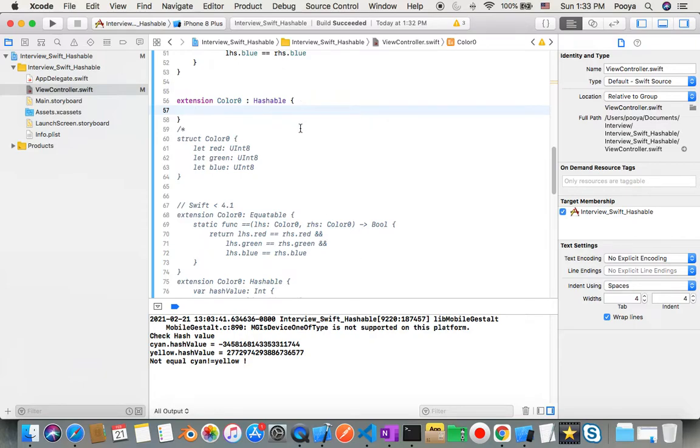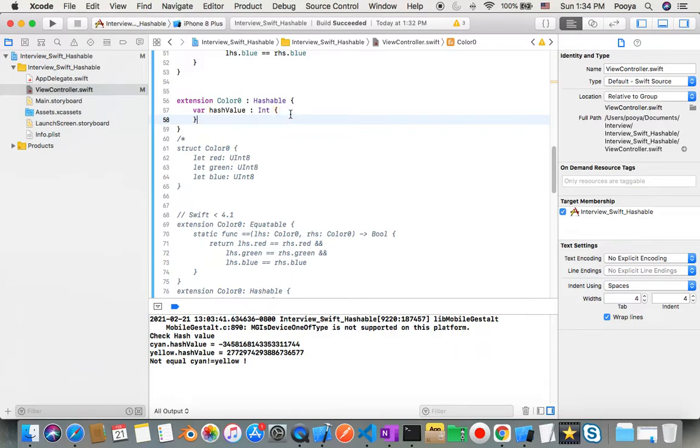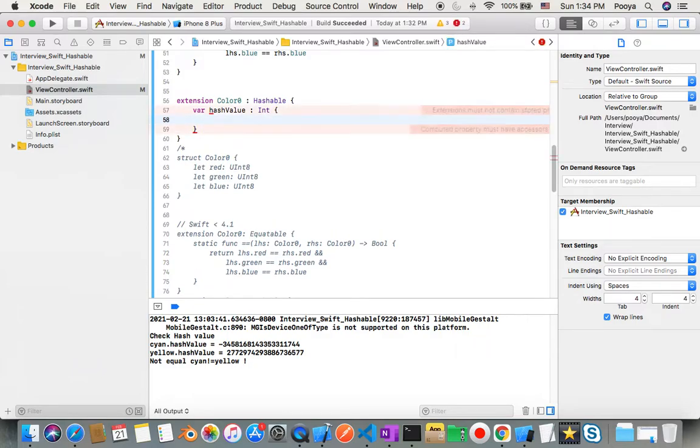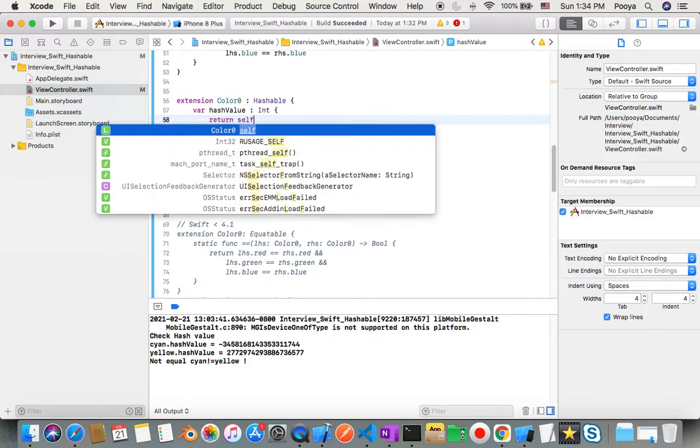So in my hash value, I say, not static, sorry, it's variable hashValue, Int, a computed property, and I just say return a value. So what is the value? Is self dot